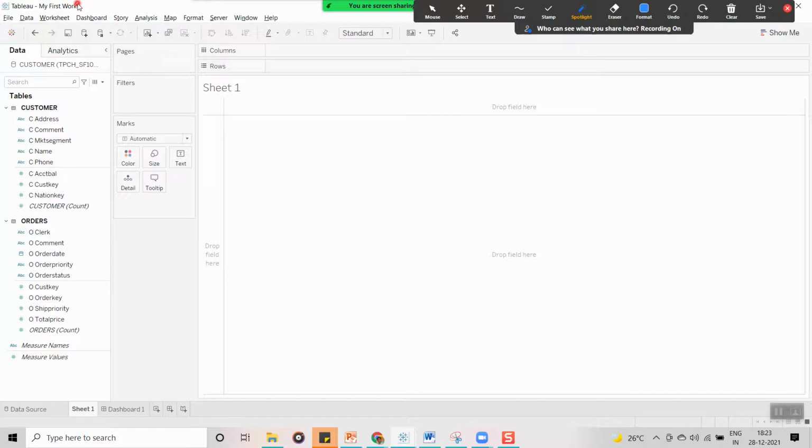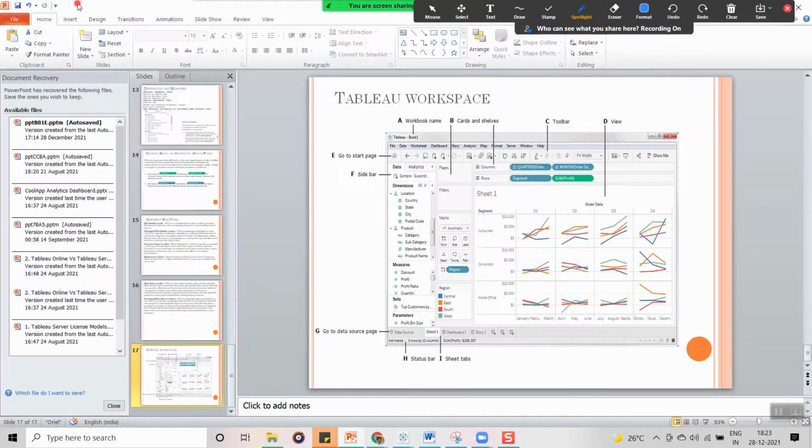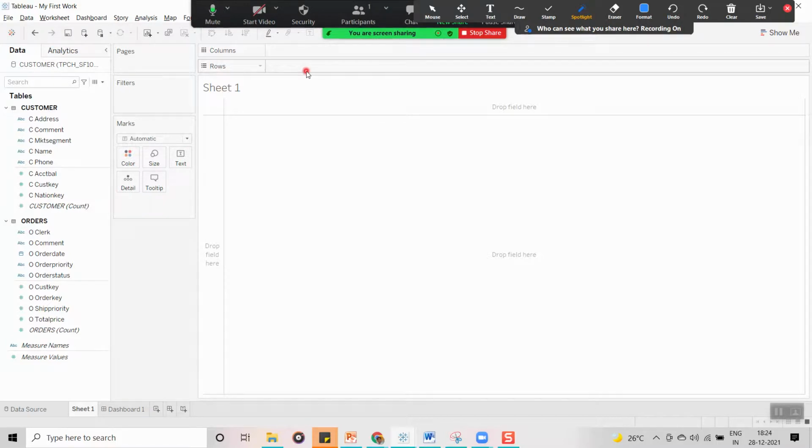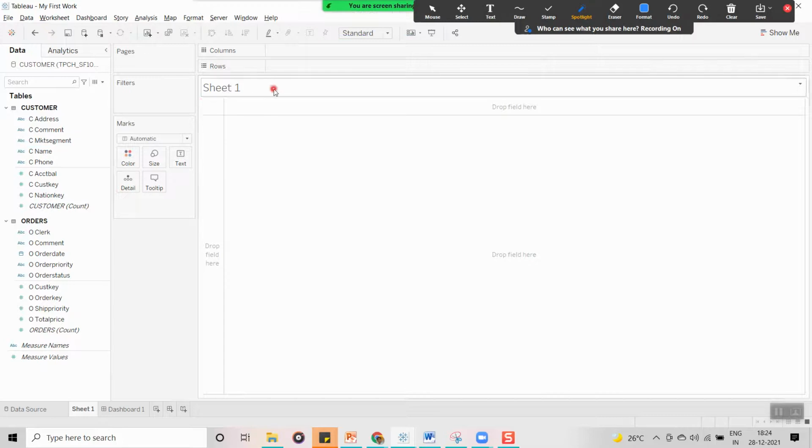After this we have cards and shelves. These cards and shelves are very important in Tableau, because by keeping the fields, whether dimensions or measures, into these shelves only, we are able to create a visualization.